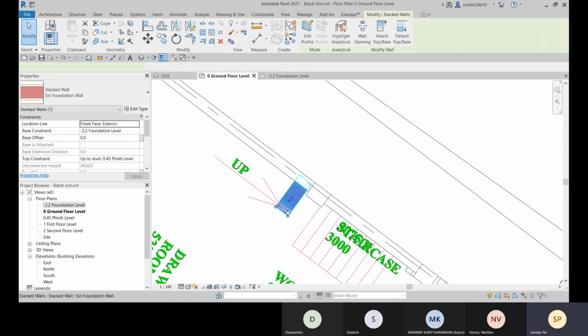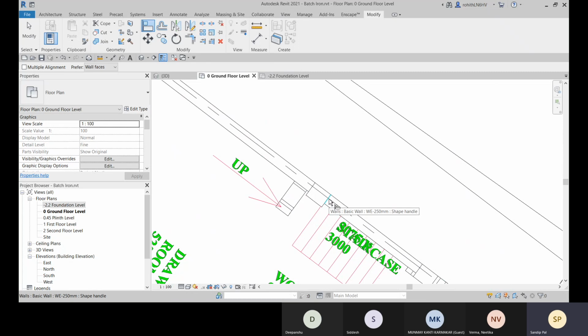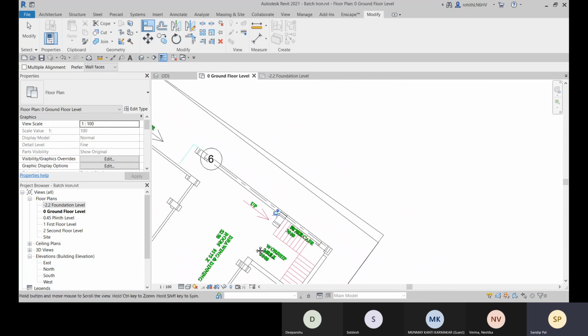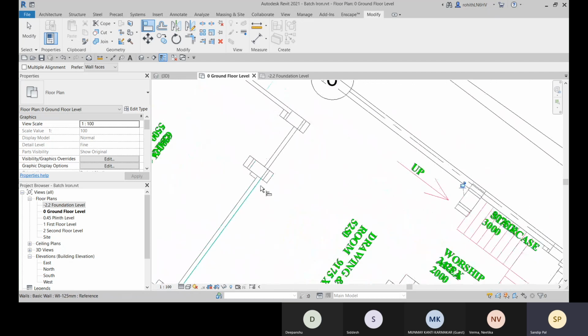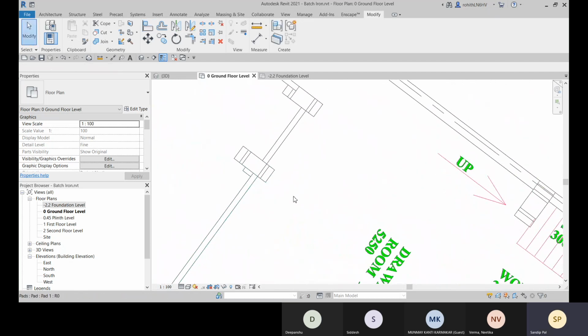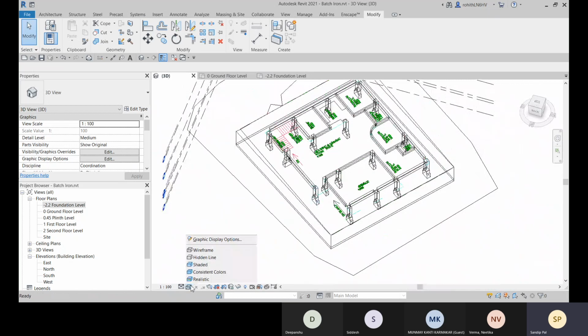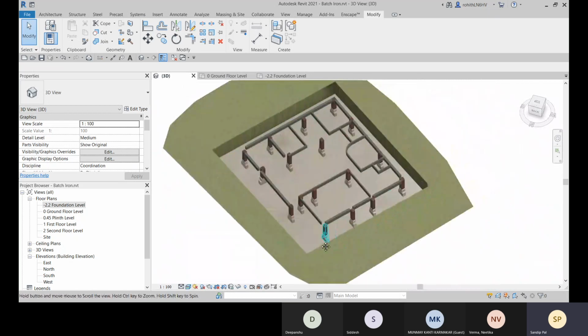All right, it is rotated, and now we can go for align AL option and to this face, to this face, to this face. Okay, and next we can go to the 3D, and this way we can make some adjustment. All right, so this will take some time. Now just let me show you that.